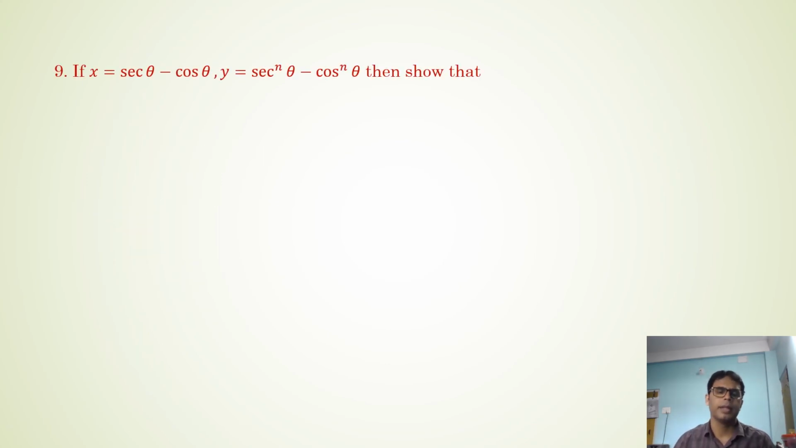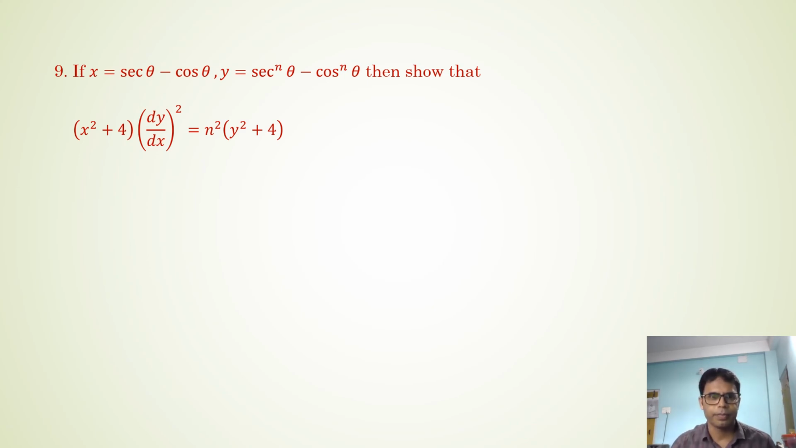This is almost one question: if x is equal to sec theta minus cos theta, y is equal to sec power n theta minus cos power n theta, then show that x square plus 4 into (dy/dx) whole square is equal to n square into y square plus 4. আচ্ছা, এই কোয়েশ্চনৰ ক্ষেত্ৰত তোমাক যদি মই এটা কথা কওঁ, চাবা অলপমান,